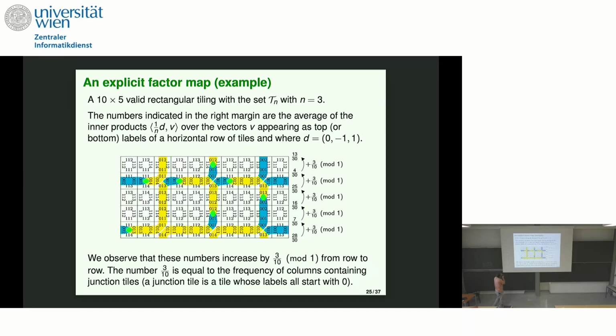And here's an example where you see something which reminds of Carré. So now you will not take the average of these, but you will take the average of the scalar product with D, where D is 0, minus 1, 1. So the difference between the middle entry and the last. So the difference is 3, 3, 3, 3, 3, 3, 3, 3, 2, 2. So the average is 28 over 30. You do this for every line, you look at the average, and you notice that it adds 3 over 10